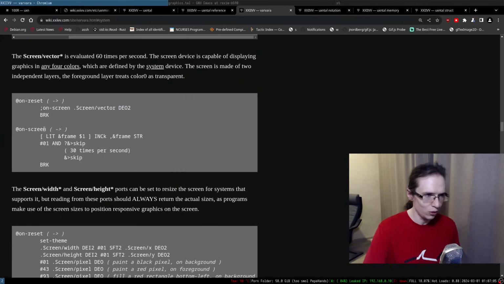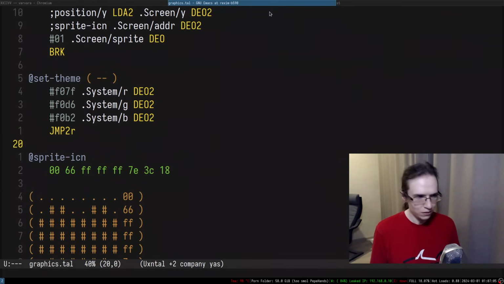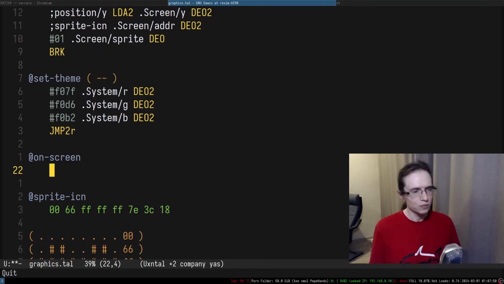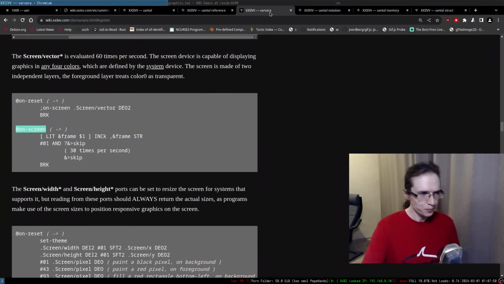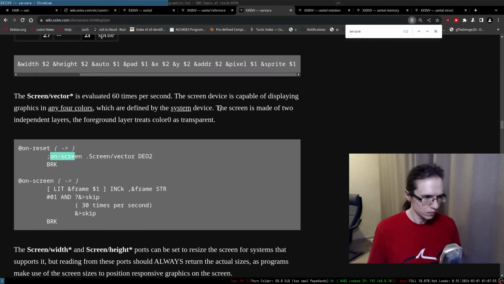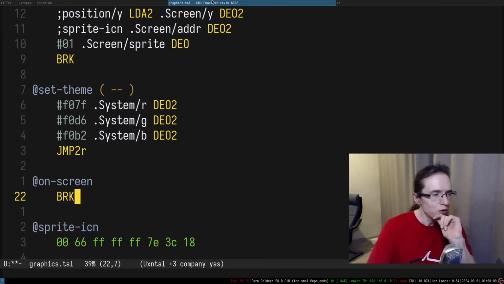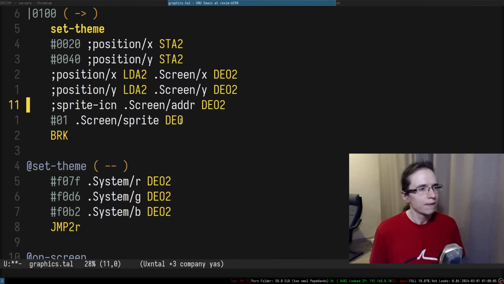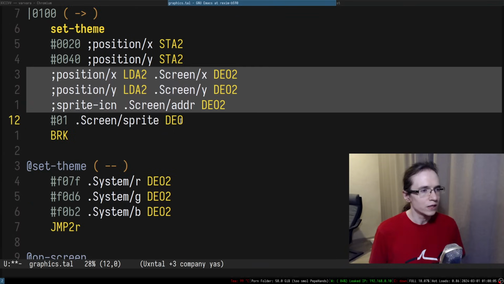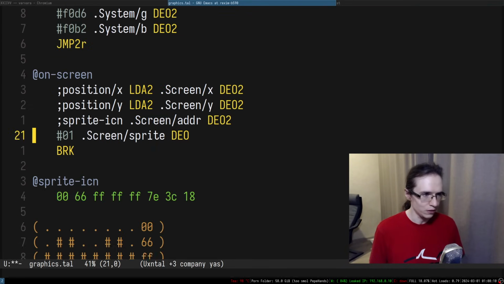So let's actually set an on screen vector. So I'm going to do it like this, right? So let's actually move this thing to on screen. All right.